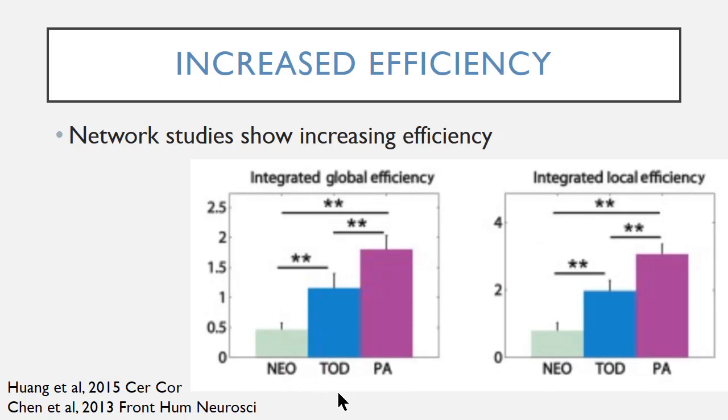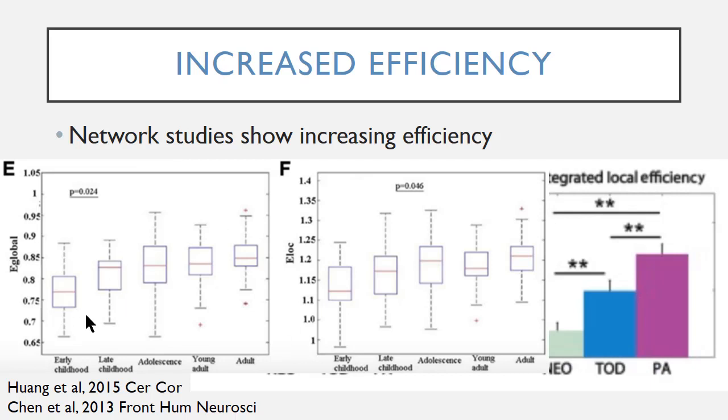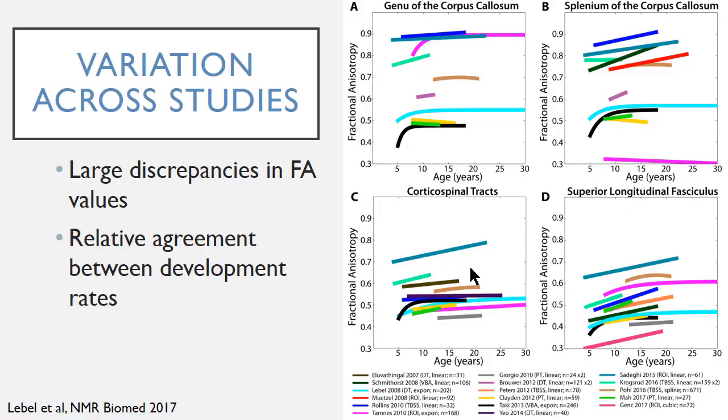This study looked at neonates, toddlers, and pre-adolescents and found higher efficiency in the pre-adolescents, both global and local efficiency. This study, similar findings, higher efficiency in adults and young adults than in children, both global on this side and local on this side. There's a huge amount of variation, though, in the studies. So there are some of these consistent findings, but a lot of variation, particularly if you start to look at